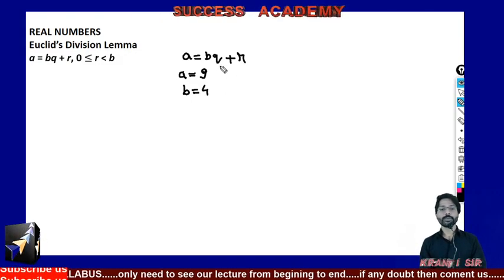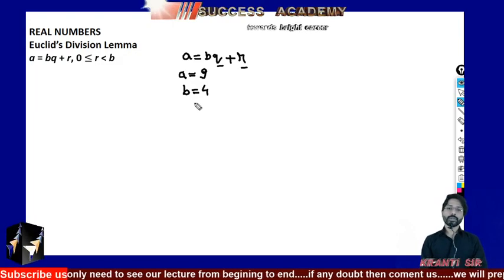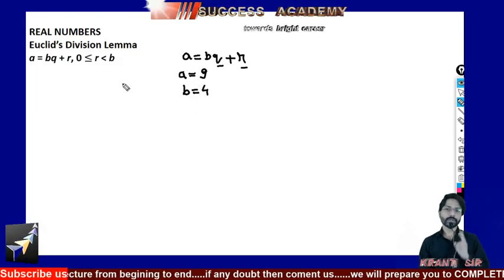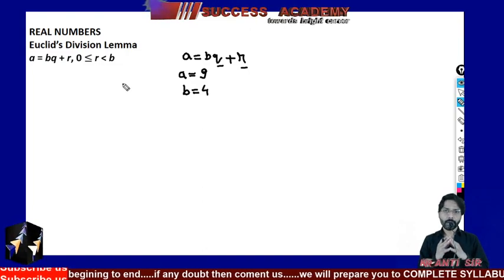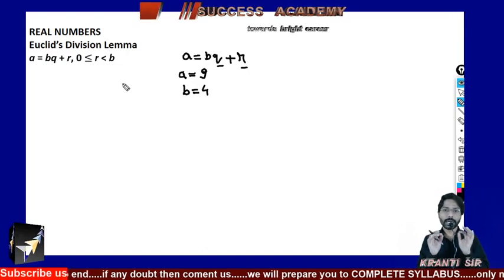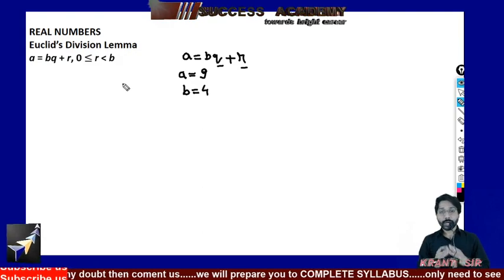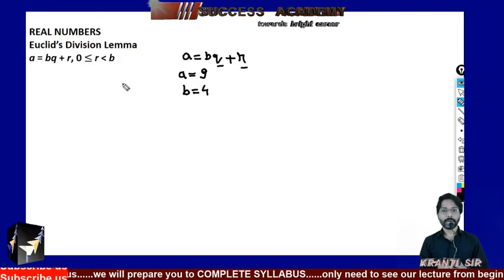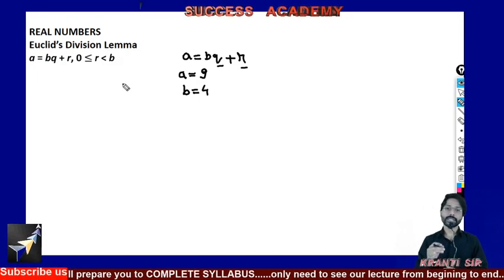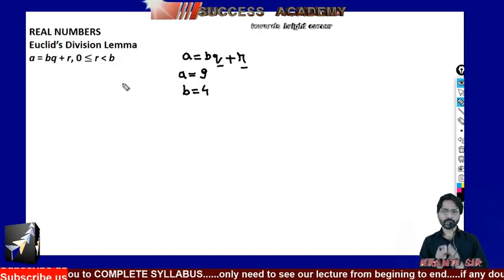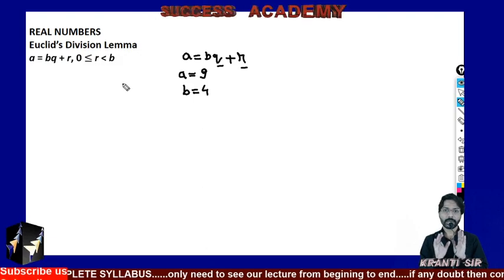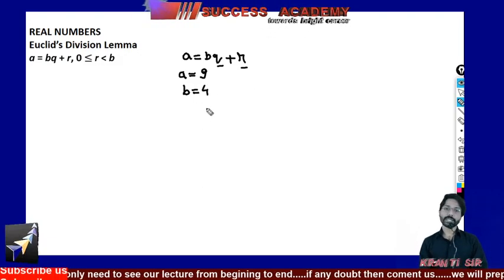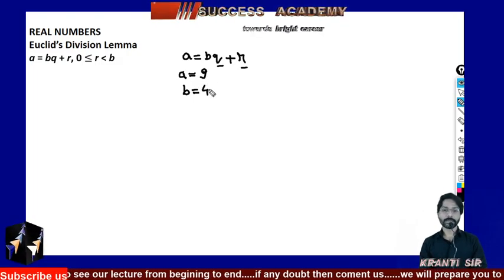Okay, so what do you mean by this q and r? This equation says about two positive integers among which we have to find out the HCF. Now to find out the HCF, the remainder should be 0. And how will we do it? We'll do the solution of it later on, just wait for it. Okay, now a is what? A positive integer. b is what? Another positive integer. Let it be 9 and 4.